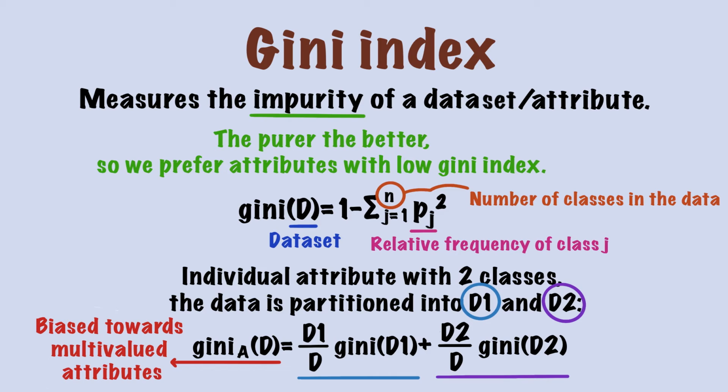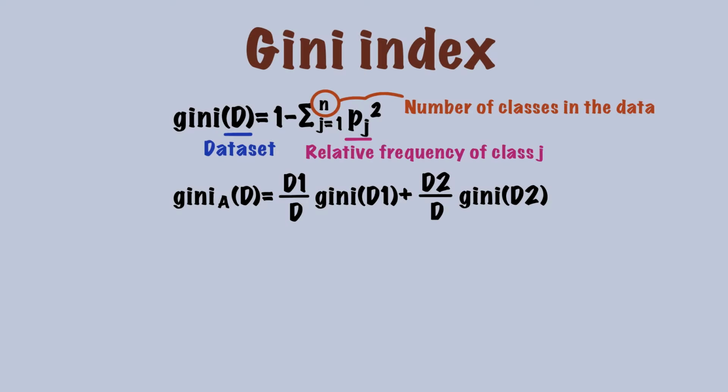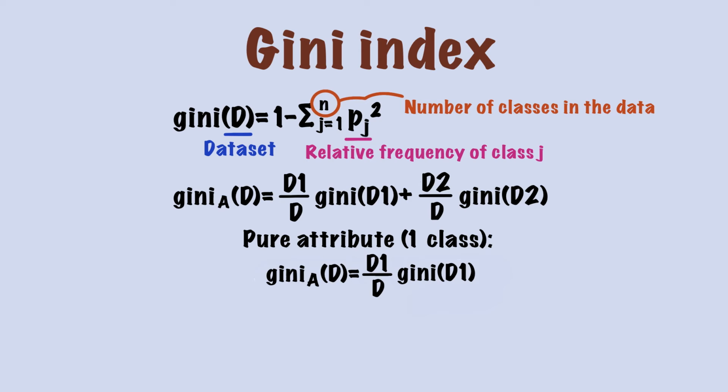However, because of this calculation process, Gini index is biased towards multi-valued attributes, just like information gain. But Gini index is more interpretable. Before we look at an example, I want to first show you the pure attribute indeed has Gini index 0. So, a pure attribute may have multiple classes. The point is, every class must belong to the same class in target attribute. For example, if people who are students all buy a computer, then this class is pure. To keep it simple, we only look at a situation where the attribute only has 1 class.